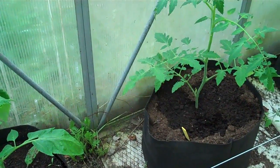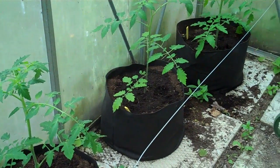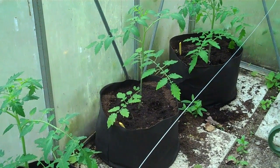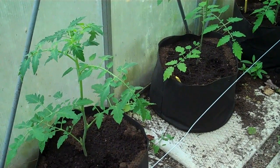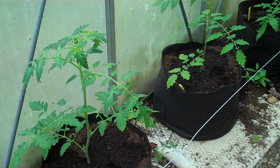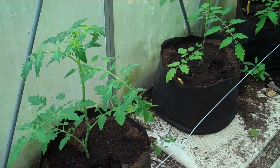First, a little look inside of the greenhouse, where instead of grow bags this year I'm using smart pots, which means less plants, which I think is a good idea. There's always been too much in here. And I'm growing a number of varieties of tomatoes, 5 different varieties, 2 from seeds that I saved from last year, the Buckbee's New and the Black Cherry, both heirloom varieties, and 3 more varieties that were given to me